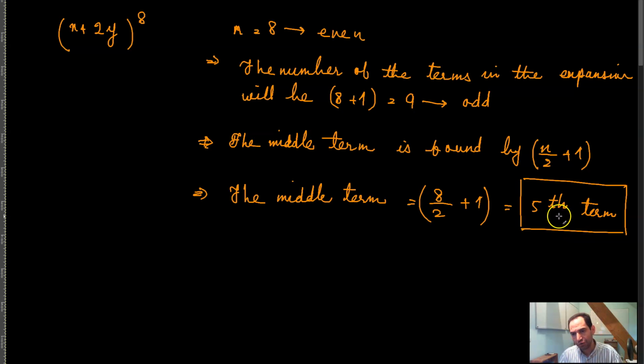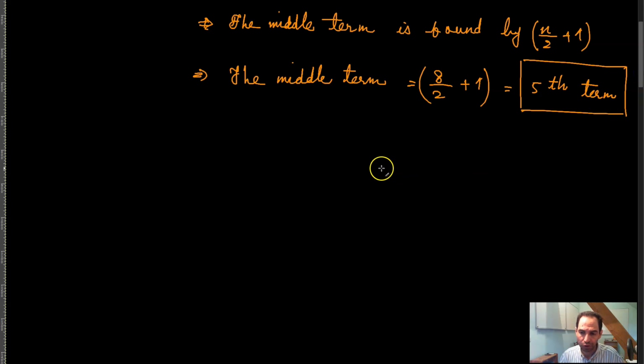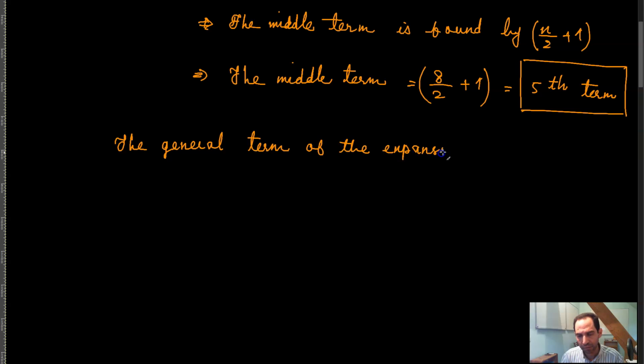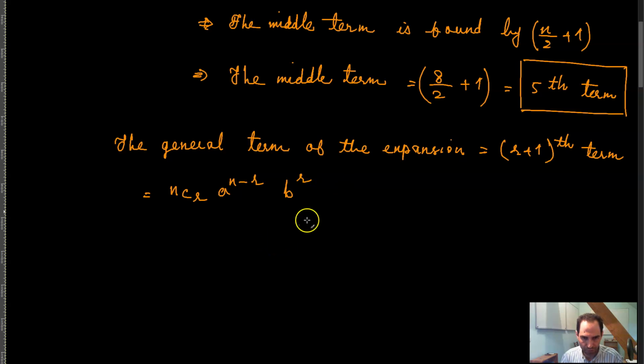now if you want to find a general formula for this fifth term, what you can do is that previously we said that the r plus 1th term is given by the general term of the expansion, which is equal to the r plus 1th term, given by n combination r, a raised to the power n minus r, b raised to the power r. That is the general term of this expansion,